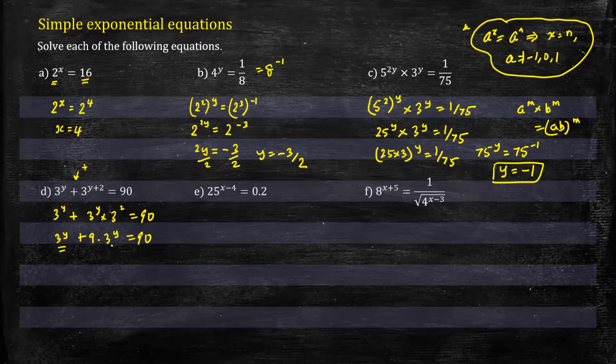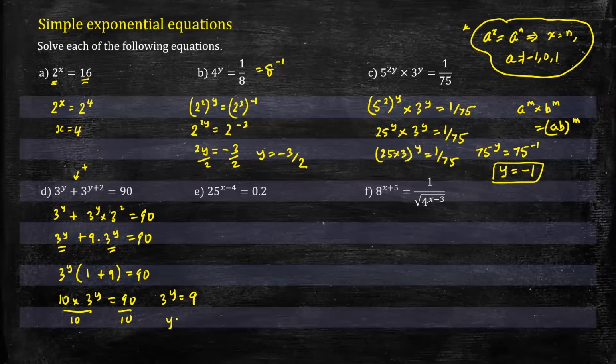And now we can see the common factor is 3^y. So 3^y outside of (1 plus 9) equals 90. And 9 plus 1 is 10. So we have 10 times 3^y is 90. We would divide both sides by 10. So we'll get 3^y is 9. And we can tell now that 3^y equals 9 will give us y equals 2,